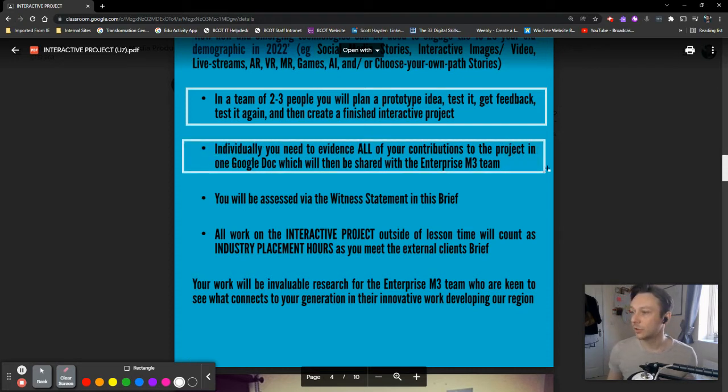Individually, you will document everything on a Google Doc. Not a site, not an Adobe Spark, not a Wakelet, not a blog, not a site at all. A Google Doc. One document for everything to be in. You can hyperlink out of that document to other things, of course, but I want everything in one Google Doc for this interactive project. Just one Google Doc is all you will be submitting at the end of this project. Nothing else. Link everything else or embed it within the Google Doc, but it will just be one Google Doc